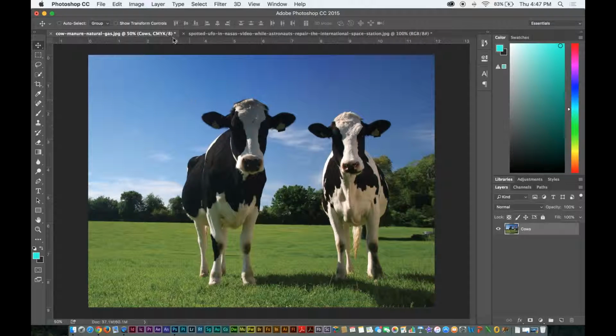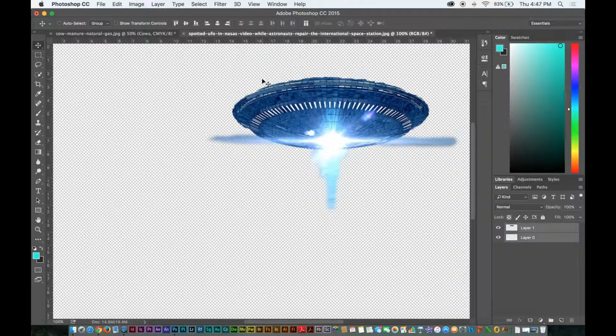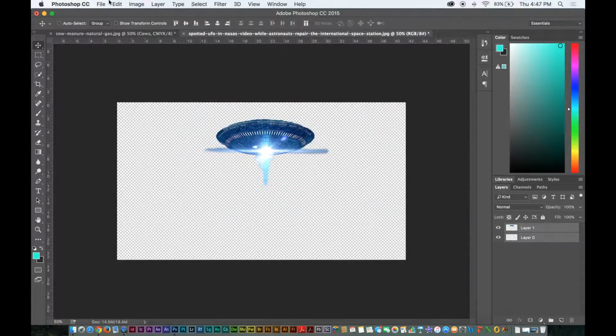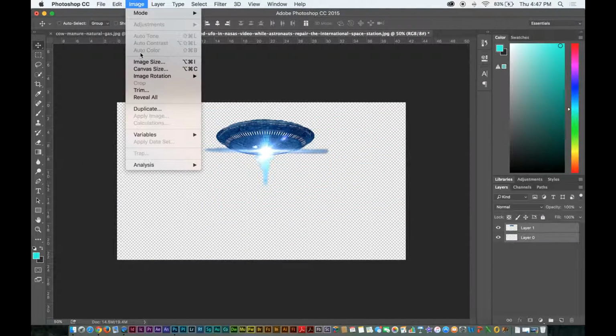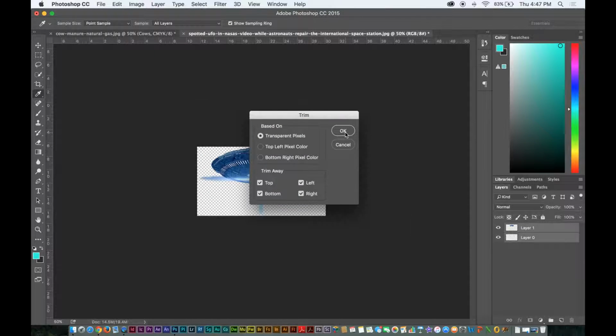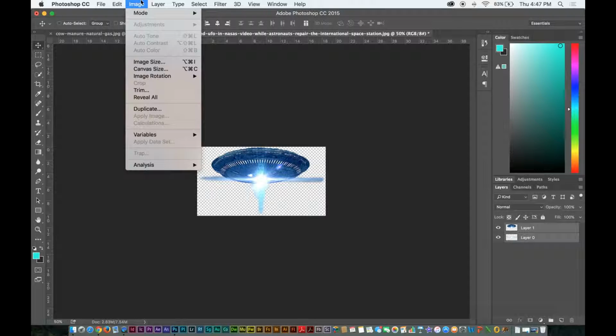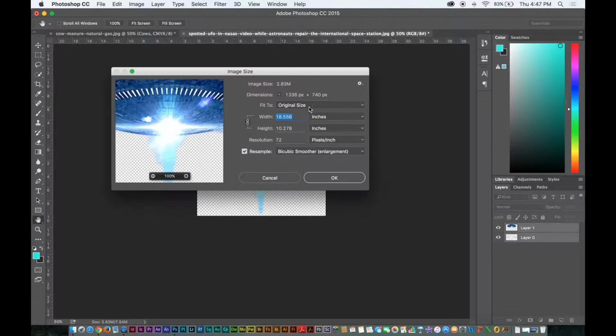I'm going to get rid of this. This UFO, it's not as big as I want it to be. So I'm going to go to Edit, Image. I'm going to go to Trim. I'm going to trim all the transparent pixels. And I want to just see how big this image actually is at 100%. Okay, so 18 and 72. Okay, so I'm going to bring it up to 300 because my other image is 300